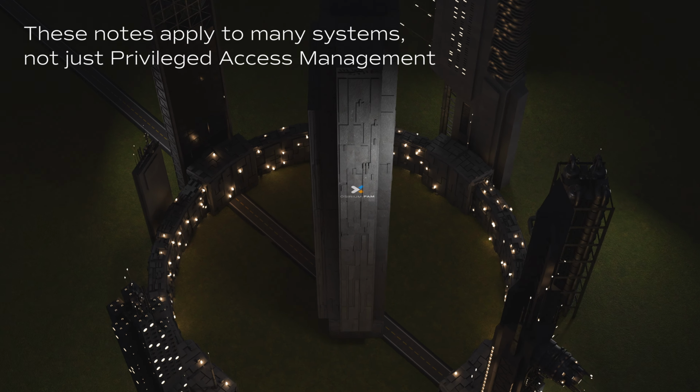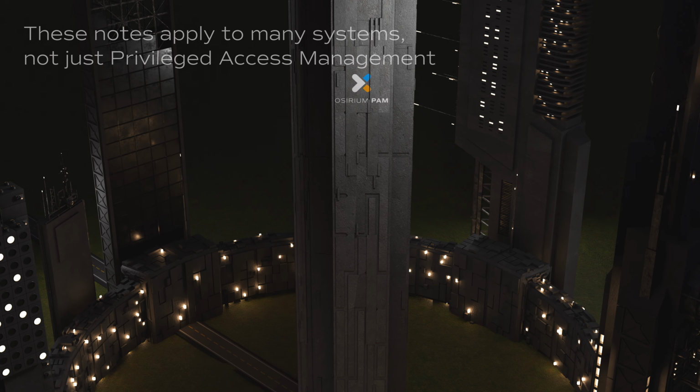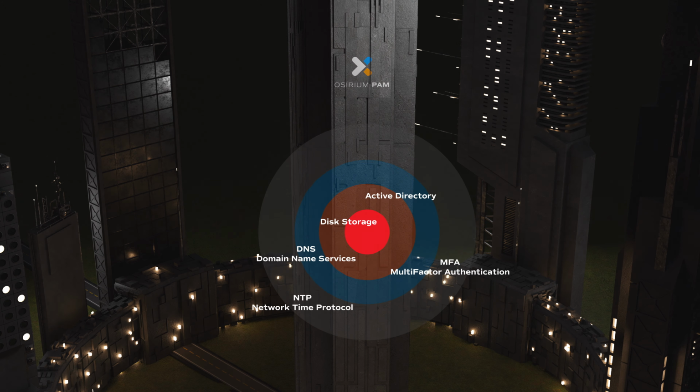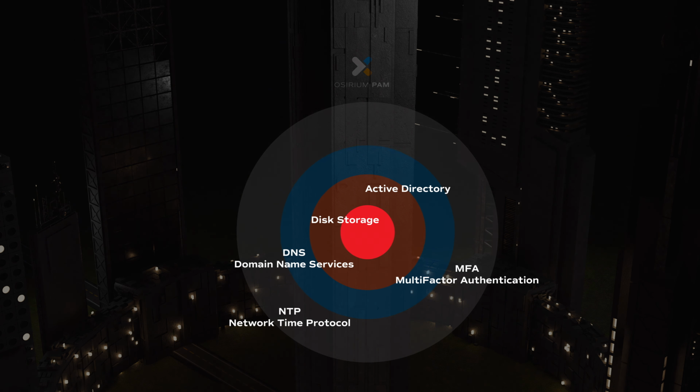At Assyrium, we build PAM to be as reliable as possible. However, when it's deployed in your environment, it will rely on a number of services. Your experience of PAM will depend on those services. And we've been looking at support tickets from the last 3 years and identified a number of configurations that you